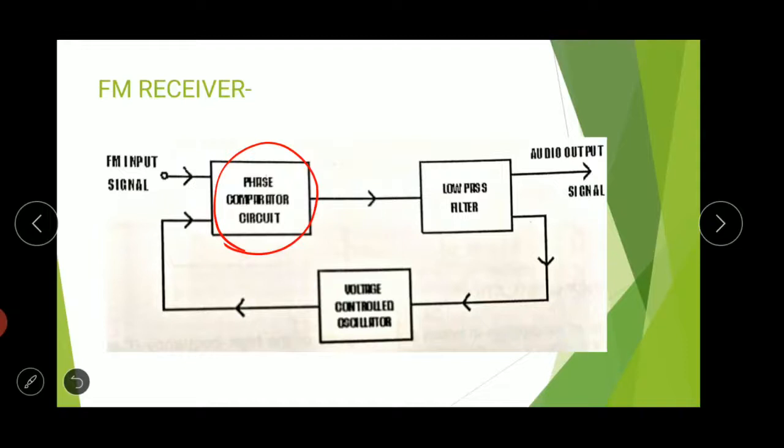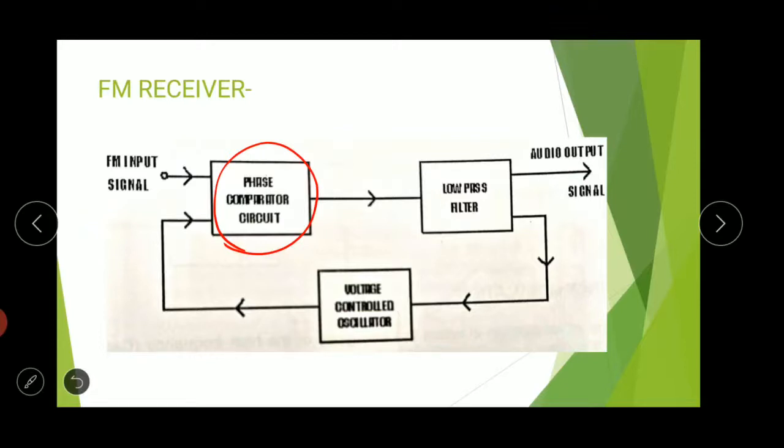For these reasons, it is often used in commercial broadcast receivers. It has very low levels of distortion and is almost immune from external noise signals. Because of these advantages, this PLL is used. As we know, in FM various types of detectors are present, but the PLL is chosen because of these advantages.